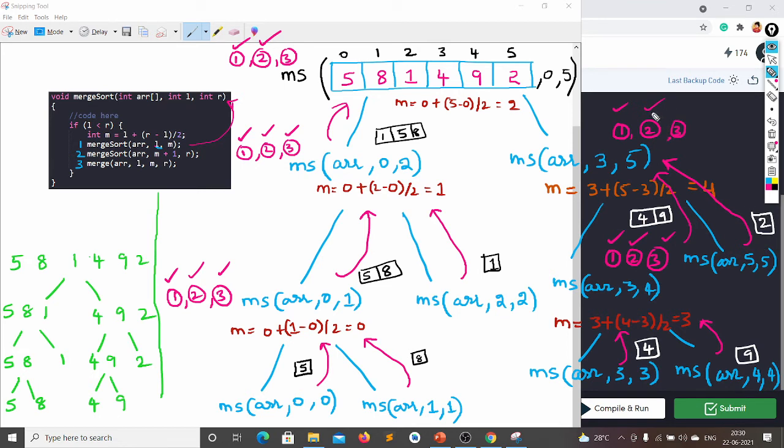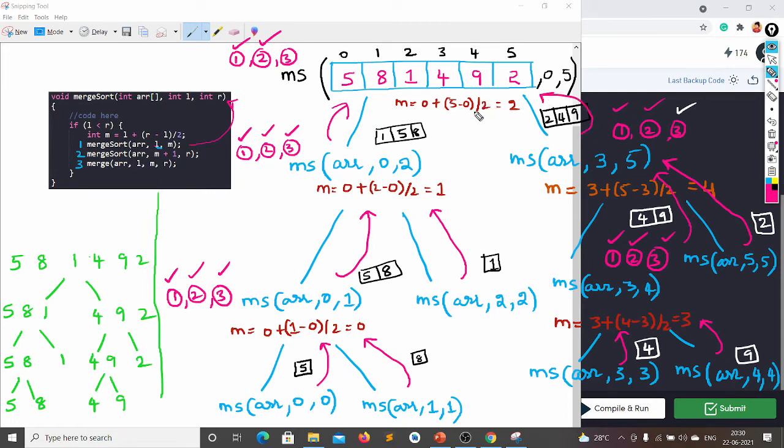Then what will it do? Already the first and second are over. It will do the third one now. So what is the third one here? Merge of these two arrays. Again 4, 9, 2 will be merged. Then it will return 2, 4, 9 to this function.